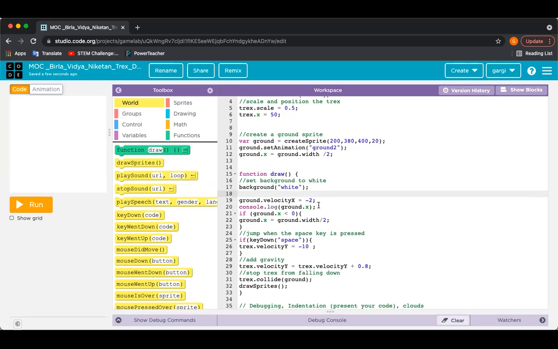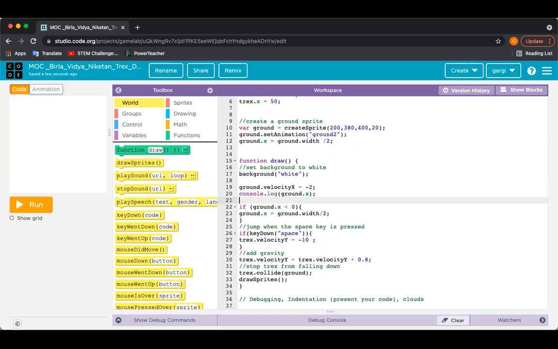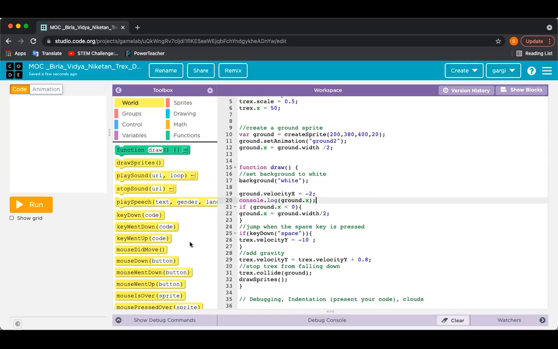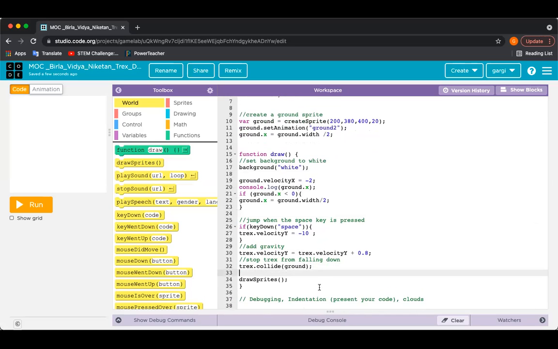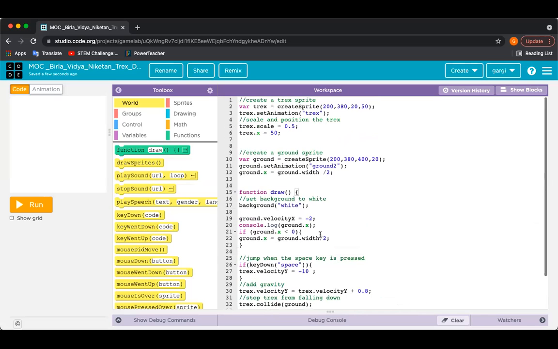So this is about background. This talks about your ground. Till here, it's all about ground. And then till here, it's all about T-Rex and the sprite thing. So this is your indentation.